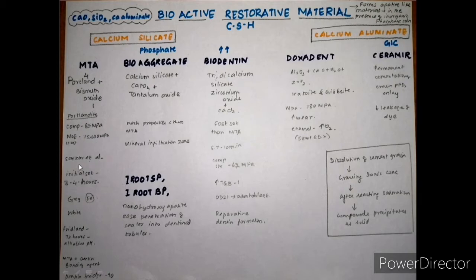According to Sarkar et al., when MTA was placed in the phosphate solution, it was able to form apatite-like material, but the ratio of calcium and phosphate differed from that of hydroxyapatite. The initial set of the MTA is around 3 to 4 hours. Now for MTA Angelus, the initial set time is around 8 to 11 minutes. We have two types of MTA, grey MTA and white MTA. It is grey because of the presence of iron.